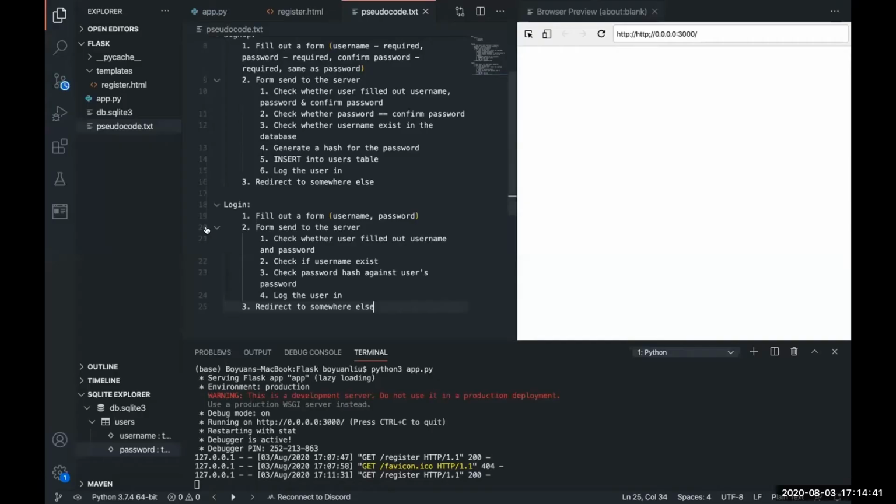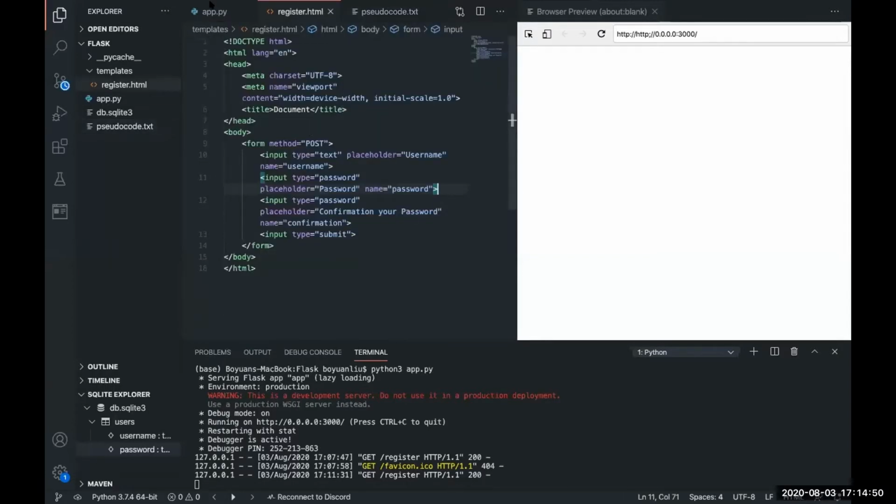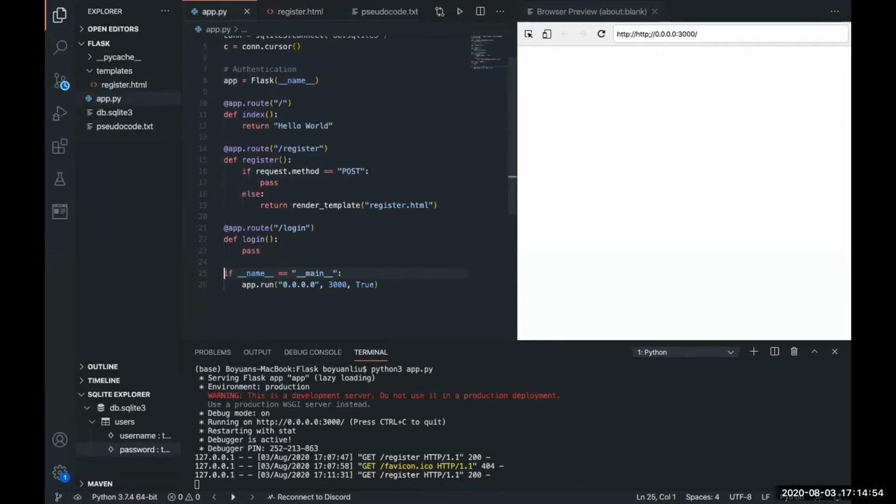Okay. So now we'll go ahead and implement our sign up. So what should happen when the form actually gets submitted? Well, the first thing we need to do, back to our pseudocode, is check whether the user filled out these things or not. So here, in app.py, what we could say is if